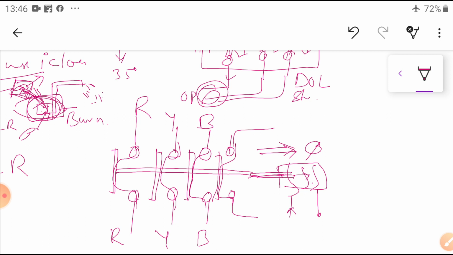If the supply to our coil is broken, it releases this arrangement because there is a spring arrangement. The spring tries to move it in this direction, but the magnetic field pulls the plunger in the other direction. So as long as the supply is available to this coil, it produces the magnetic field and pulls the plunger inside. Then all terminals close to each other.